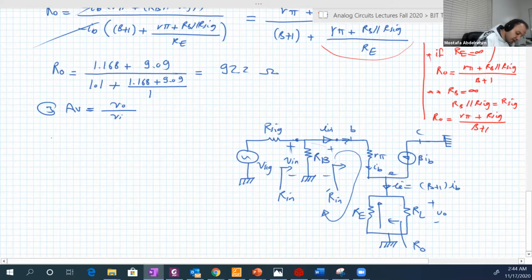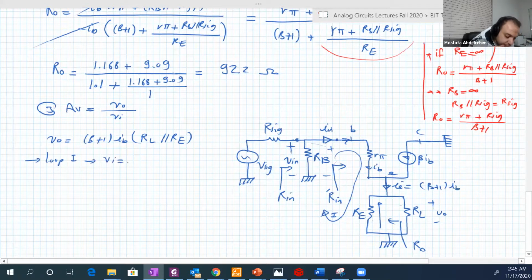So VO is equal to the current through these two parallel resistors, which is beta plus 1 IB, multiplied by RL parallel RE. This is VO. For the input, from this loop, let's call it loop 1,